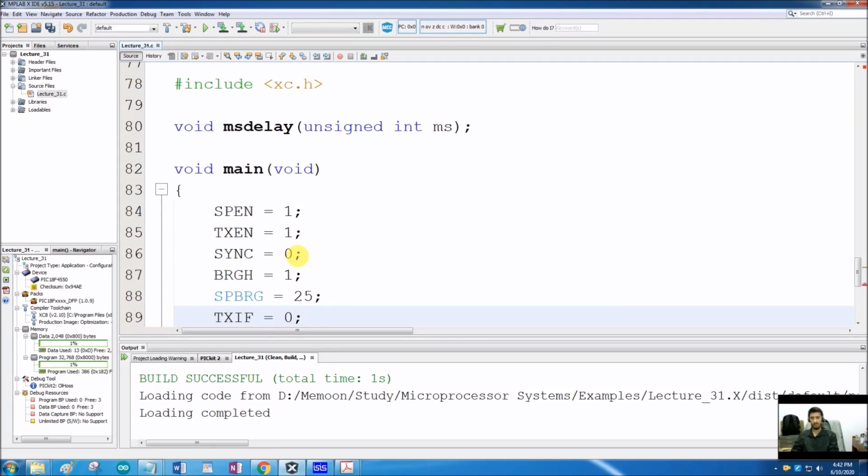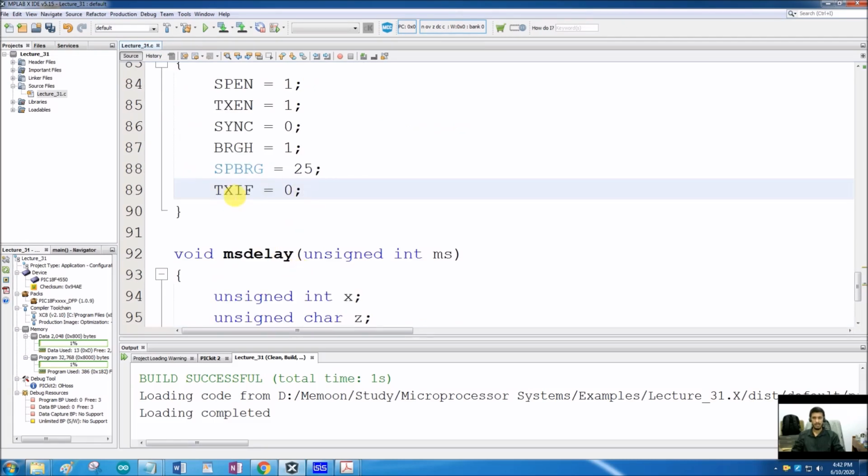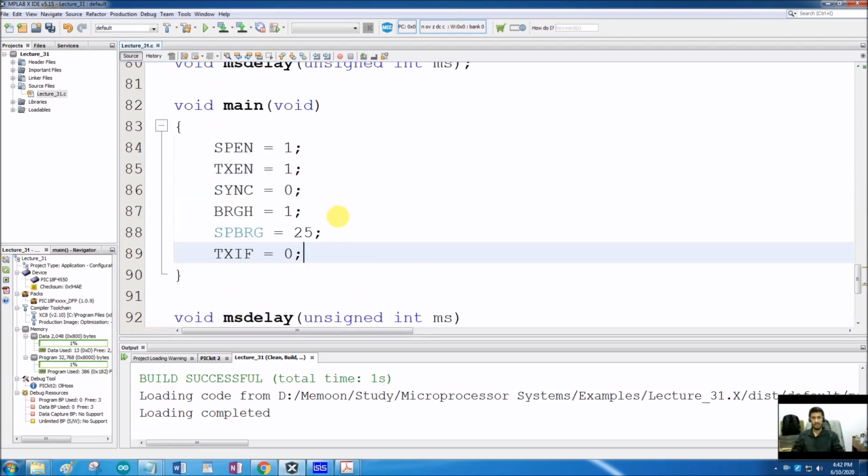And then the TXIF flag, the transmission interrupt flag, which was not included in those registers, should be set to 0. This flag will tell us that one packet of data is now completely transmitted. Until this flag is set, we are not going to send the second packet of data, and we are not going to copy the second packet into our serial register.